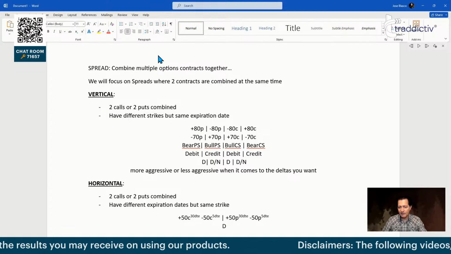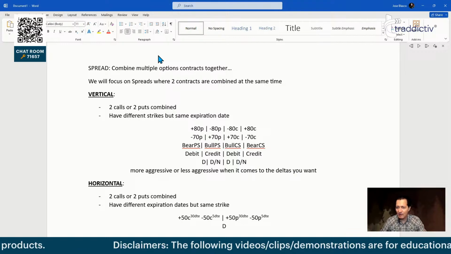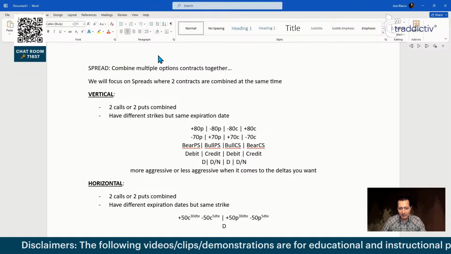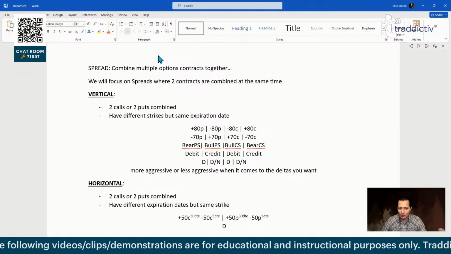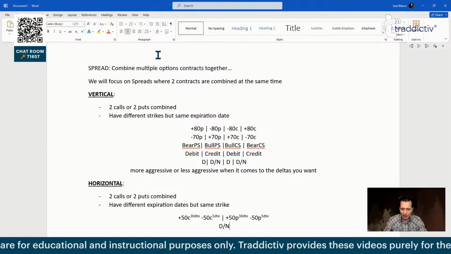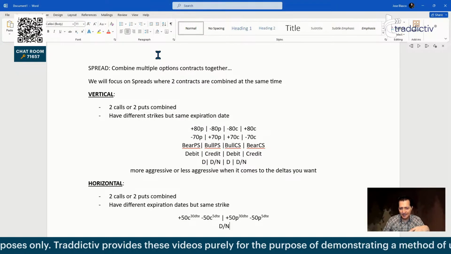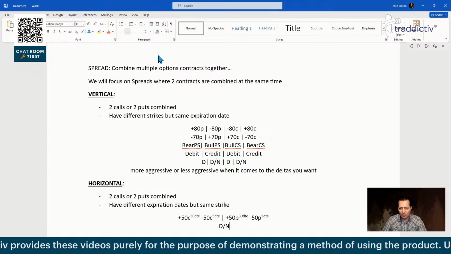You will have a difference of delta because you have a difference in the expiration date, but you can never have a very large delta value because you buy and sell the same strike, even though it's 2 different expiration dates, it's still the same strike. So it's kind of delta neutral, okay? It's kind of delta neutral, and no matter what.